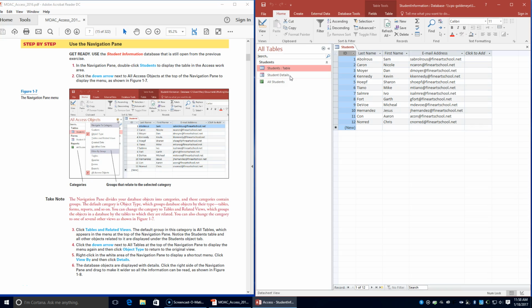The default group in this category is All Tables, which appears in the menu at the top of the navigation pane. Notice that the Students table and all other objects related to it are displayed under the Student Objects tab. Okay, so we have Students as our object, so all of our pieces of information are now stored under this particular table, which is our Students table. It says click the down arrow next to All Tables